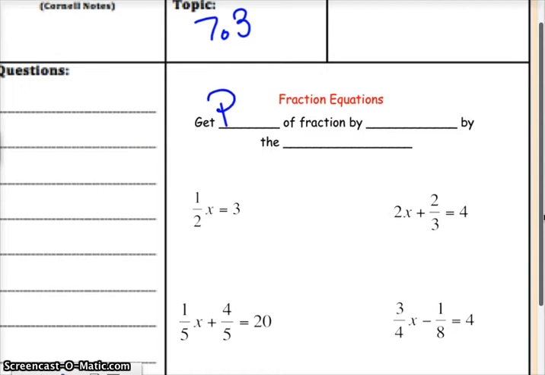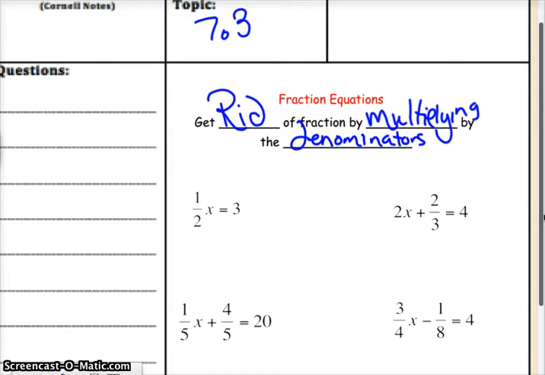You hate fractions, so get rid of them. You're going to get rid of the fraction. How? By multiplying by the denominator. And sometimes you have to multiply through by 2. Sometimes it's denominators. Okay, I'm just going to say denominator right now. So,